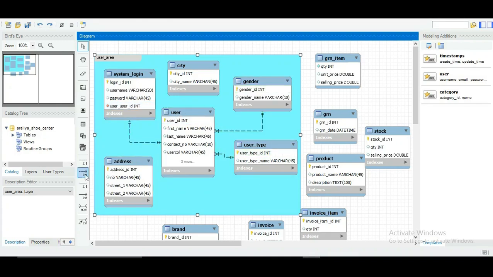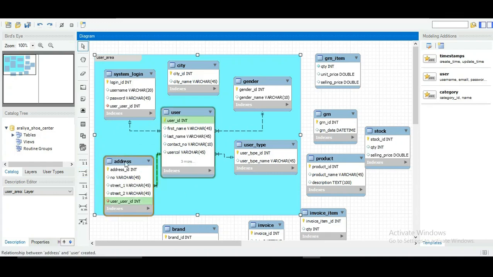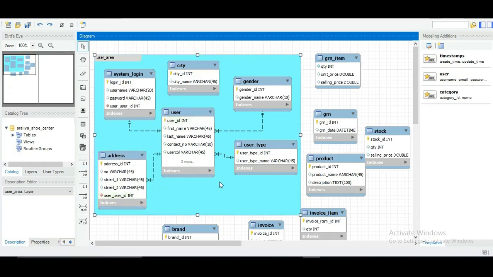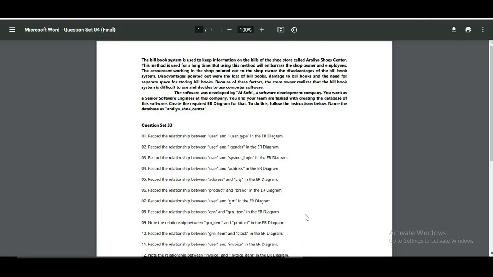So again, I need to click on this button over here, and then first click on the address table, and then the user table, and this will indicate that there can be many addresses per user in this table. So that will be the answer for the fourth question in this question set.